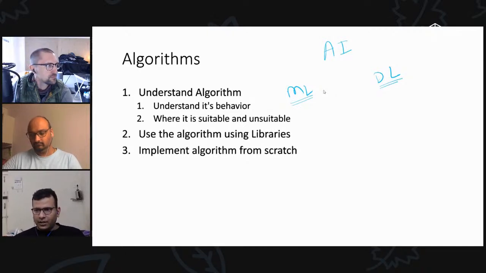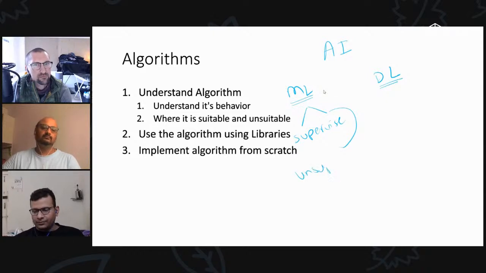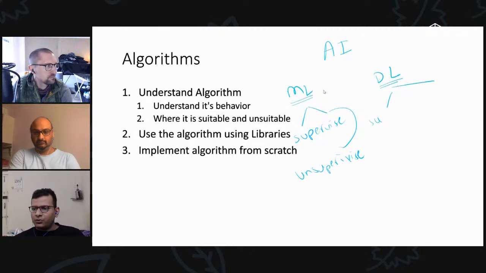So in machine learning, we have two types of learning: supervised, and we also have another, which is unsupervised. Then in deep learning as well, we have the same types. We have supervised learning and we have unsupervised learning.